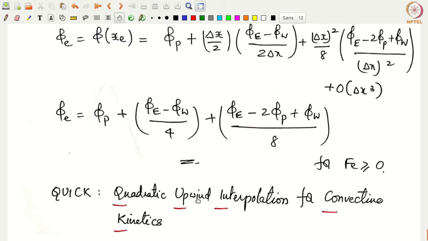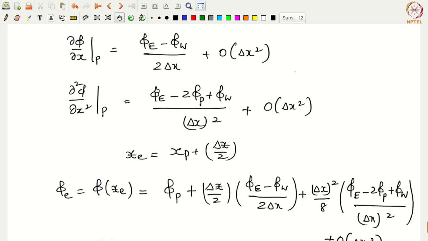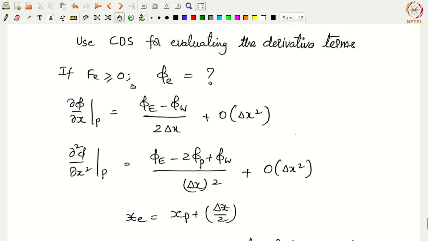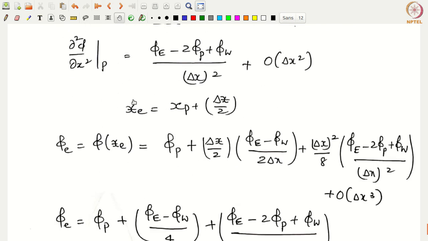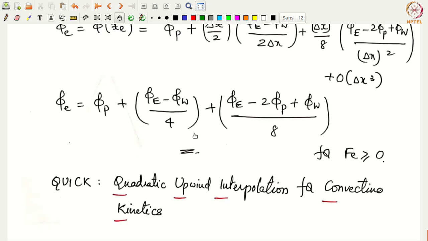The upwind part is because all this works for Fe greater than or equal to 0, where we have developed it in terms of phi p. That is the upwind part here, but not these parts. These are always central differences. Accordingly, you get another formula for phi little e if Fe is negative. Similarly, you get one formula when Fw is positive for phi little w, and one formula for phi w when Fw is negative.